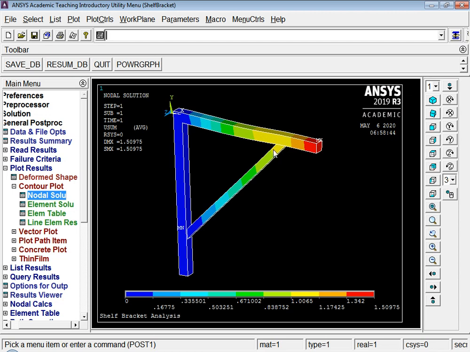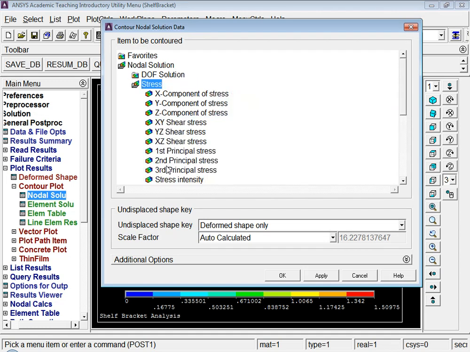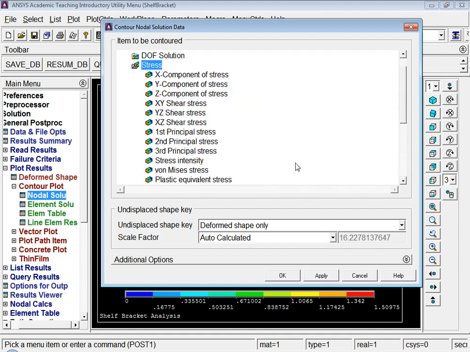Had this member not been there, deflection would be of greater value. It is providing strength, and as you can see, that is why the deflection moves only on the corner. So the same can be viewed. Let's see whether stress values are available. Yeah, the stress values are available.